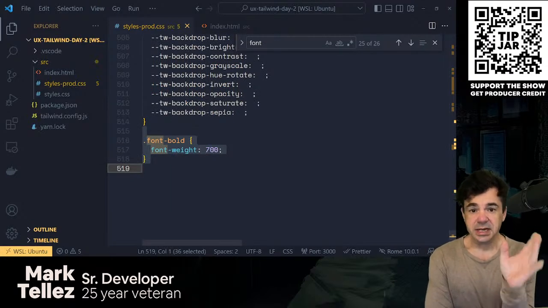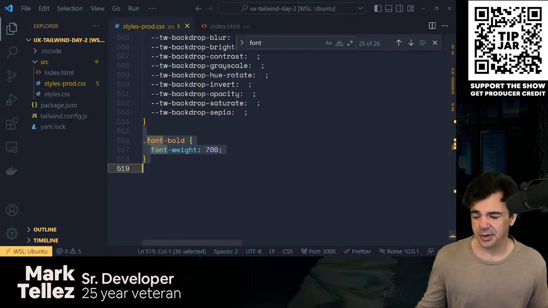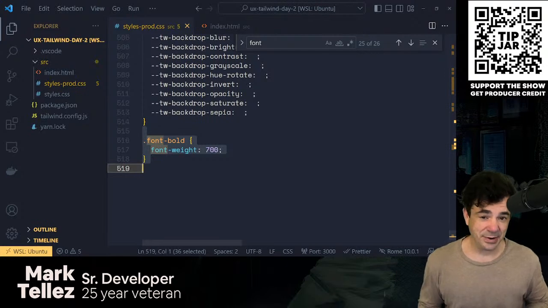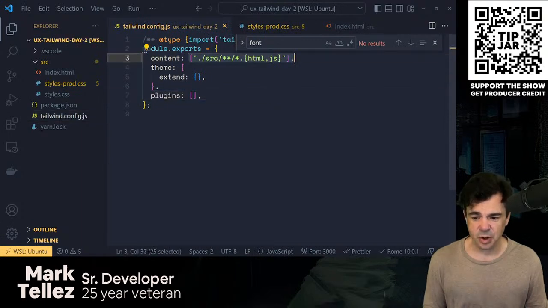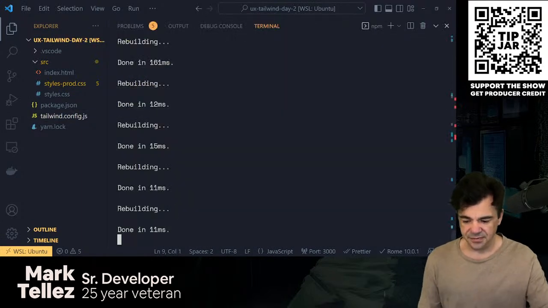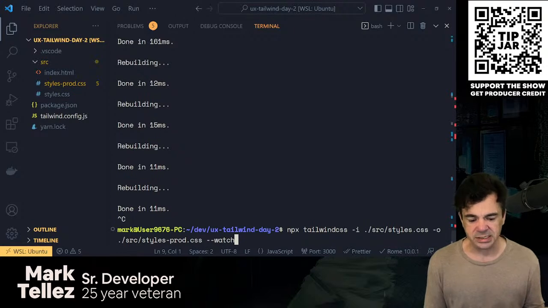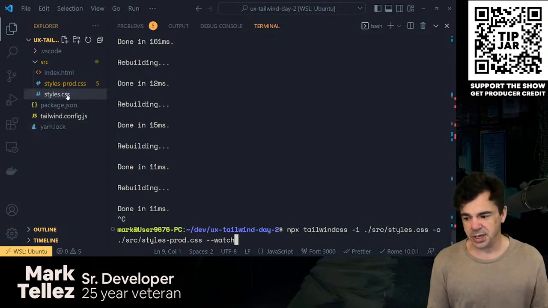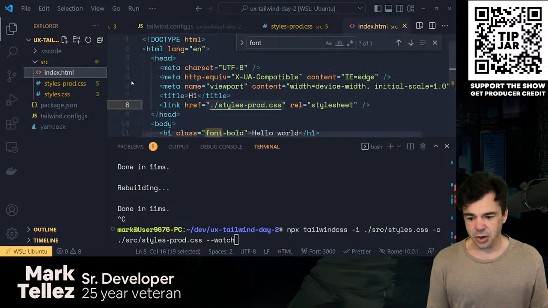So TailwindCSS is a huge, huge file. It's got tons and tons and tons of declarations in there. You don't have to have all that in your app because it'll only pull out what you actually use. That's what this content thing is. It's called a purge. This command that we're running, npx tailwindCSS, is the purge operator. What it does is it'll look at your working CSS file, and it'll look at your code